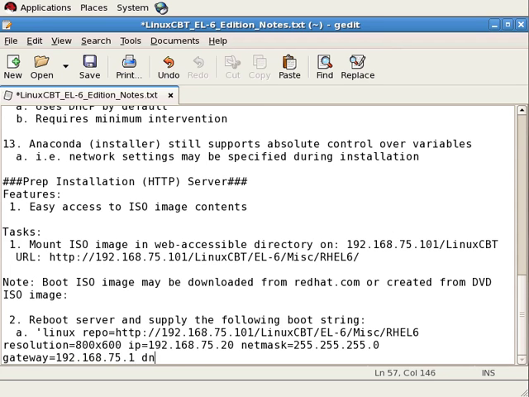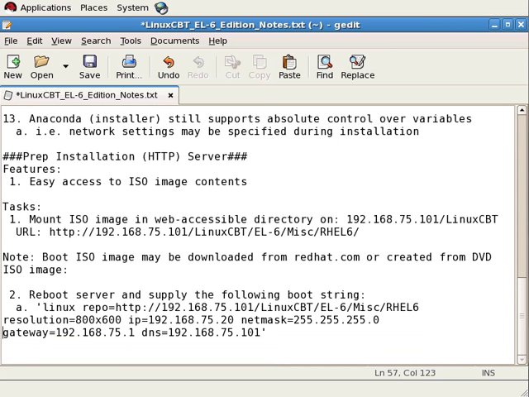And we may also set the DNS server, and if you've got multiple servers, then specify them using a comma delimiter. We'll just specify 101, which is our Debian box, as the DNS server, although DNS is not required during installation, but it's just a typical tendency to want to have DNS in place in the event that we did need to perform a lookup from one of the available consoles. So when we reboot the server, we'll supply the following boot string by pressing tab. So let's just note first,